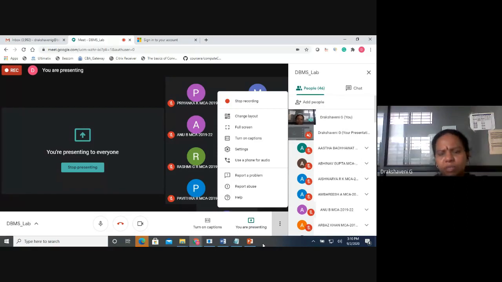So the DBMS lab is very easy and there are only 5 programs in your syllabus. And today I have done half. Generally it will not be easy once you start executing, because creation alone will take some time. And if you are good enough in typing and in copy pasting and changing, then you can complete in 3 hours. But most of the time 3 hours is not sufficient for us to complete one program, because we have 9 queries. So generally it will take 2 weeks to complete one program.